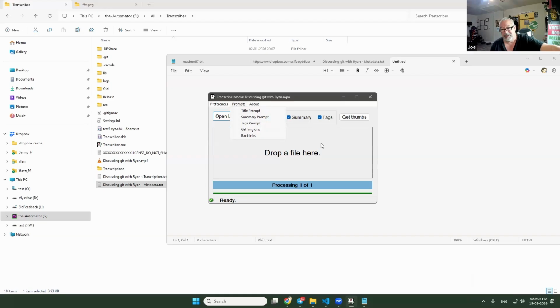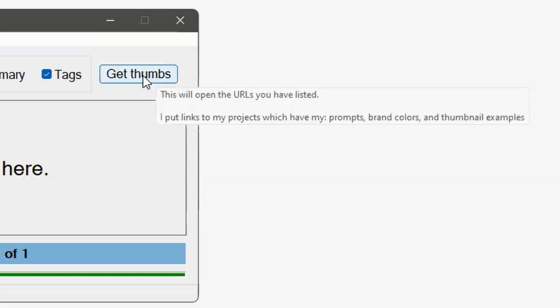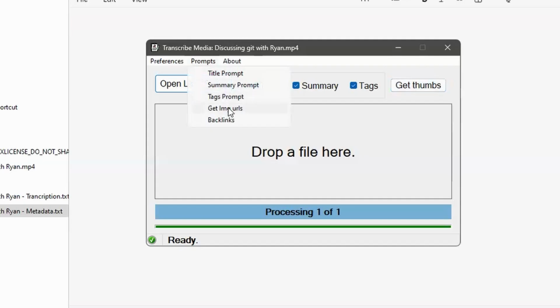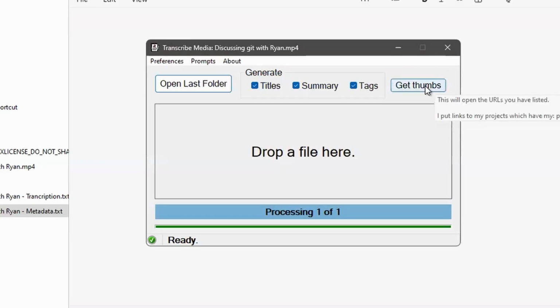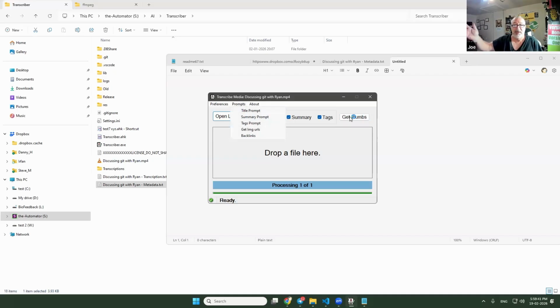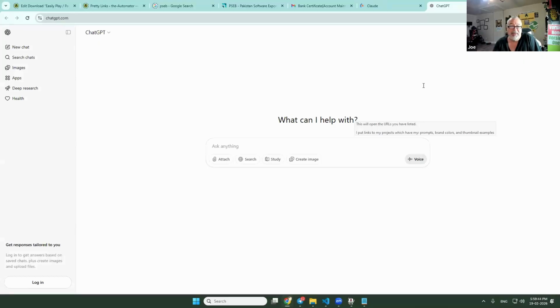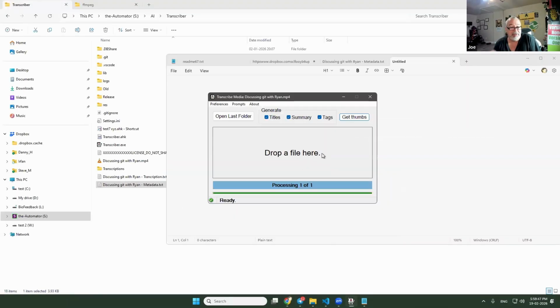The image URLs, by the way, also put that move over the button so we can show. Yeah, so now we have a tooltip here, which helps explain it because some people weren't really understanding what it is. You put URLs to, like what I do is I have a project where I have my thumbnail structure set up in ChatGPT. And in that project, I have examples, I have my brand colors, I have what I want it to do. And this is just a URL that you would list. You can list one or multiple, and when you click it, it's going to go run those and open them in a browser. That way, when you generate the video, you can just simply hit your hotkey to dump in your summary or your transcript and drag it in there,